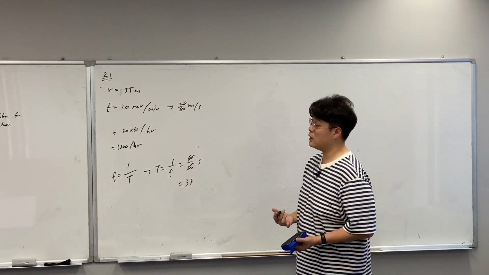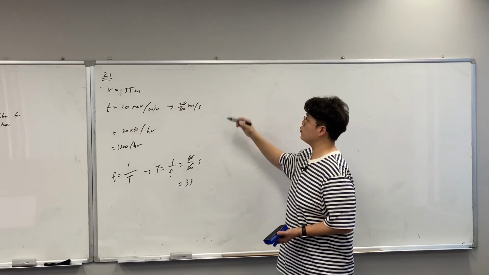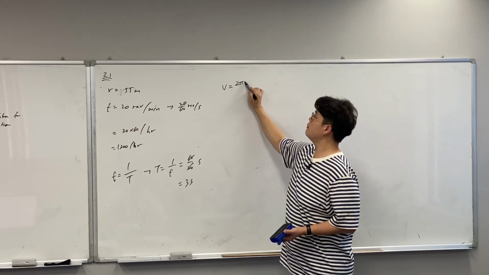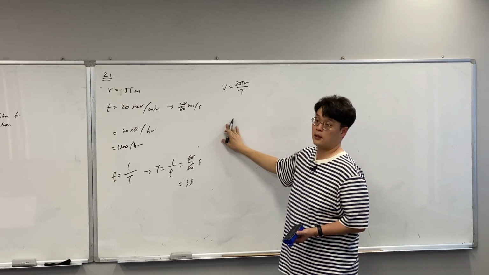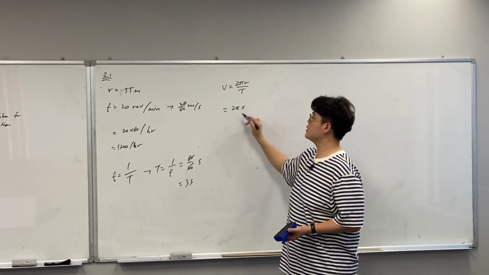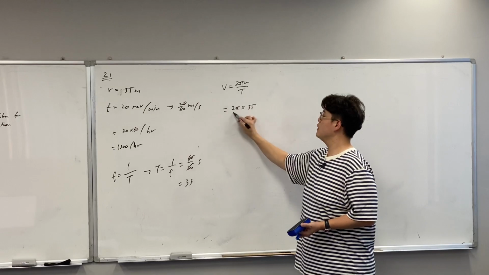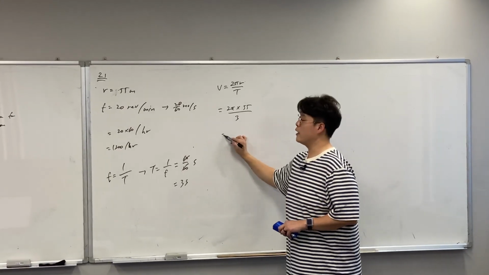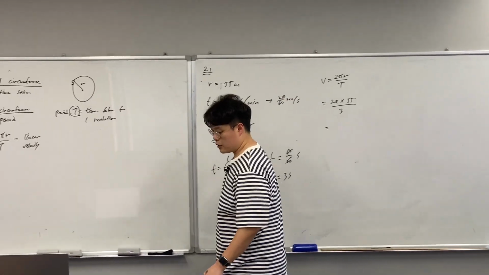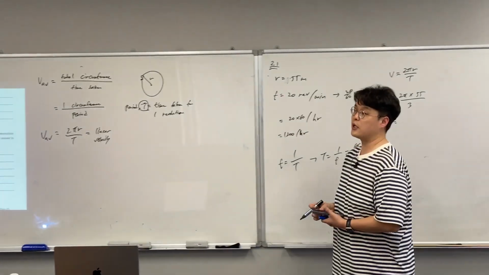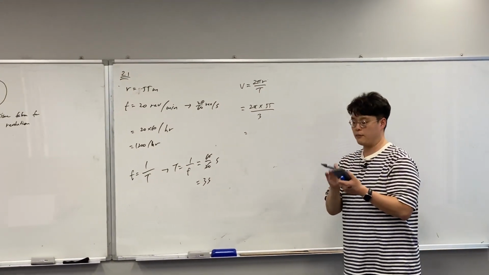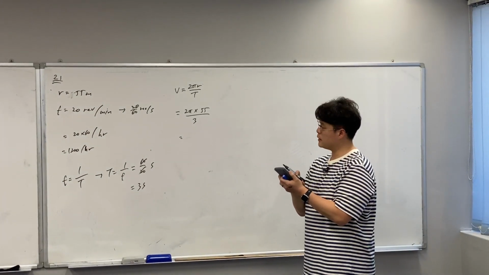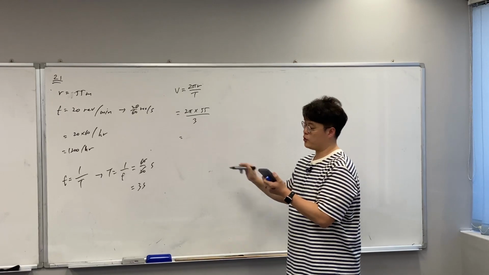Does it make sense? Okay. After you got it over here, you got to use this. We're going to think about the v, the linear velocity, is found by 2 pi r over t. That's giving us 2 pi times the r, which is 55, divided by 3. Now, turn your calculator in the radian mode. You need to use a radian later on too, but make sure you switch that to degree later on too. The 2 pi times 55 divided by 3, you would get